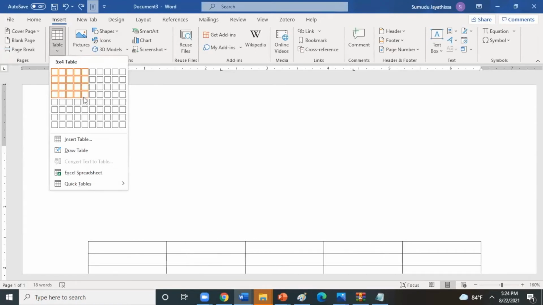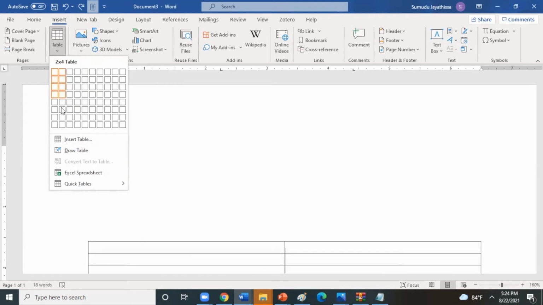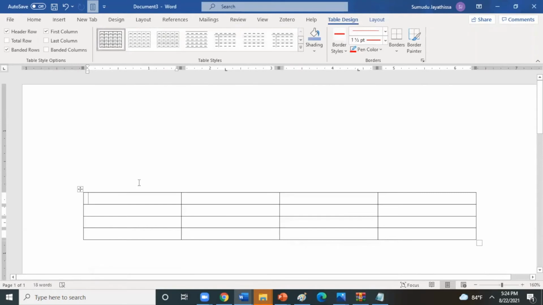You can see the table is drawing on your document. I select this. If not, you can select Draw Table. For your ease, I take this instant table creation, Insert Table option. Right. Then you can do the modification.